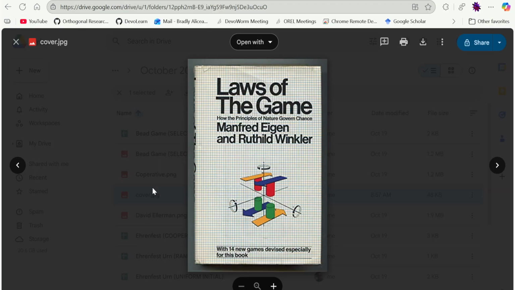In this book, one of the types of games he talks about are these bead games, where you have beads on lattices. Like we talked about in the meeting, these lattice methods that people use for modeling. You can model different types of scenarios on that kind of board. So it's not quite like the game Go, but it's a similar principle.